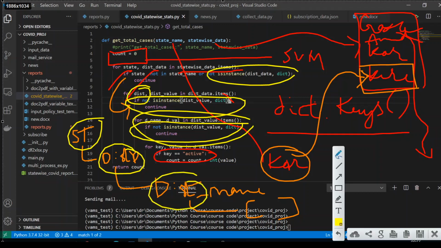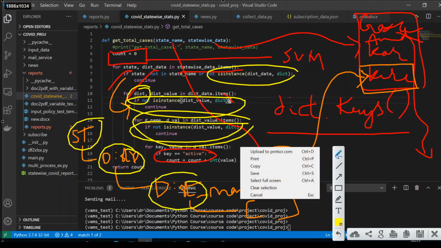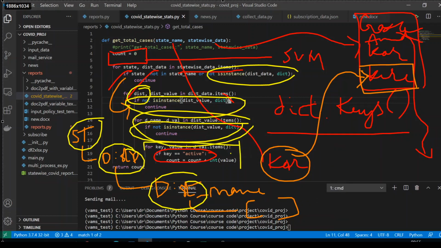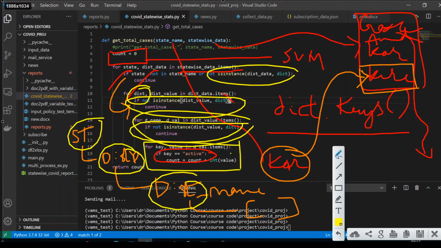Inside those there is a small dictionary which will contain three elements. I think there are four elements: there's active, there is a disease, and there is also, I think, the total number of some other cases. Okay, forget that. We are interested only in active cases.